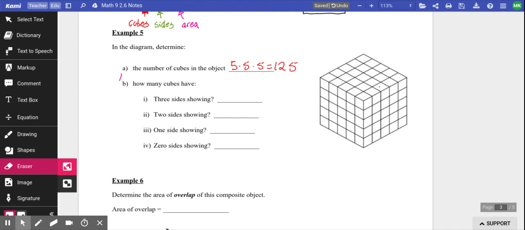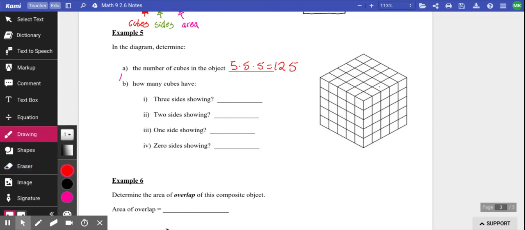Doing this and figuring out painted, unpainted, overlap, unoverlap, there are different ways of tackling that problem. Sometimes it might be easier to figure out how many are not overlapped. So for a question like this, in my opinion, it's probably easier to figure out what's not overlapped. And that kind of makes sense. If I look at this,